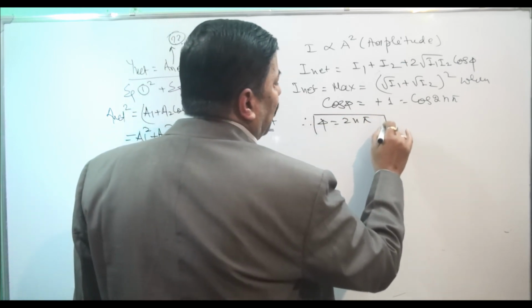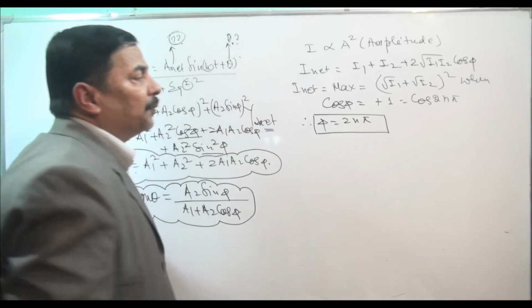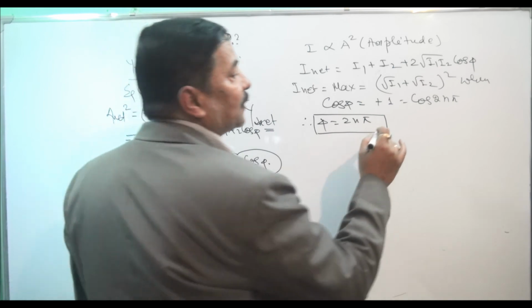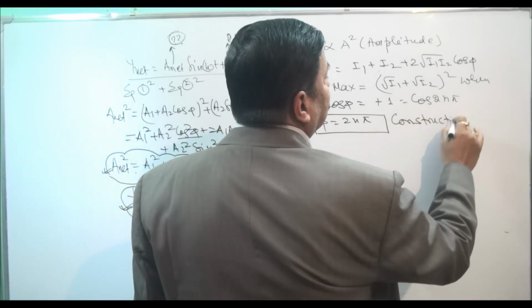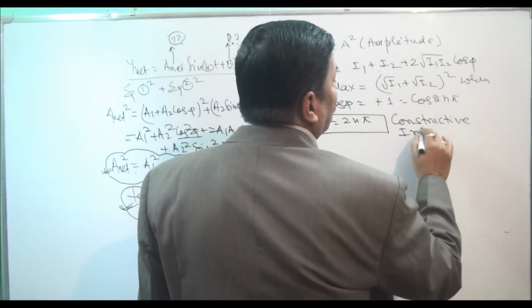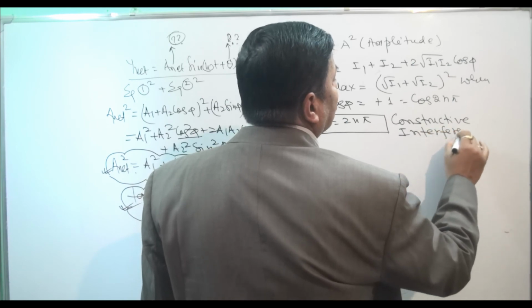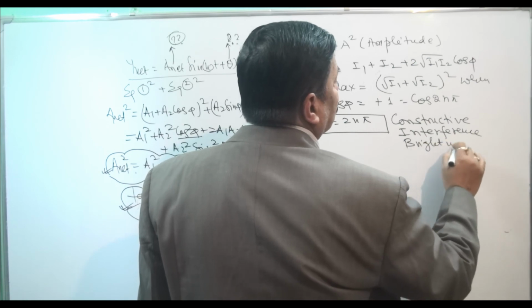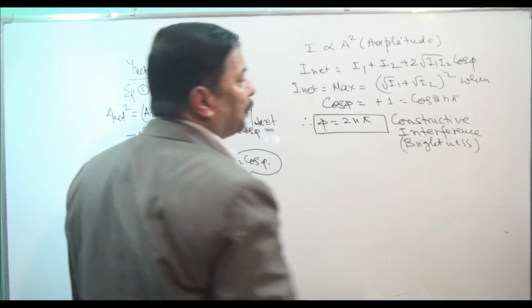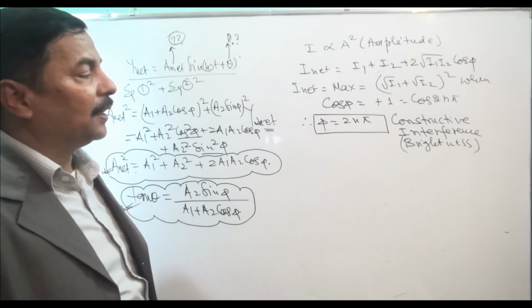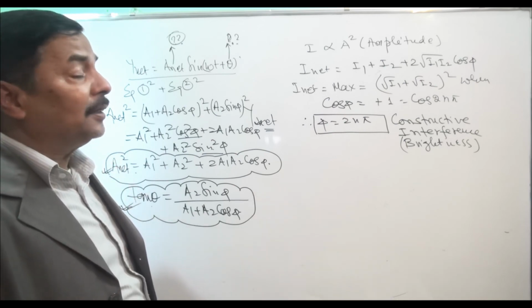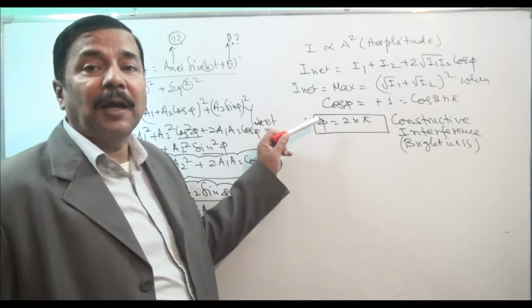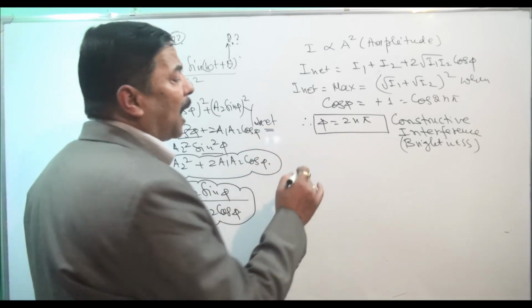This is the important result that you have to understand for maximum intensity. And maximum intensity means constructive interference. Constructive interference is basically about brightness. That means you will observe brightness if this condition is satisfied. And as I told you, phi is the phase difference, and phase difference and path difference are related to each other. So path difference